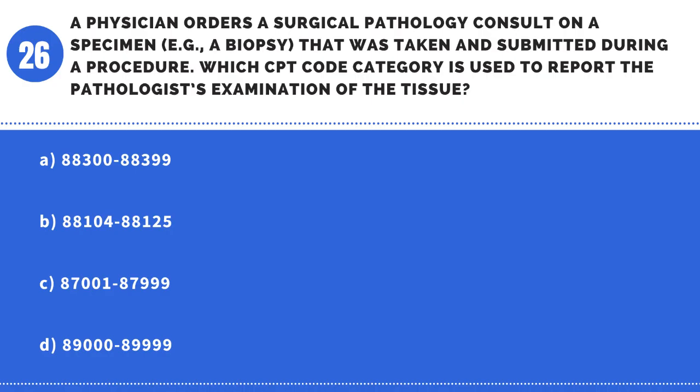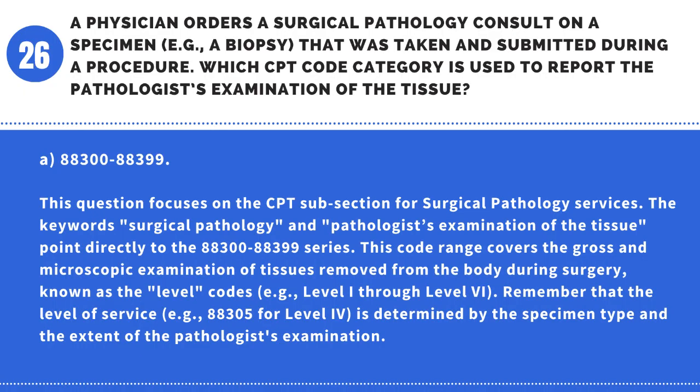Question 26. A physician orders a surgical pathology consult on a specimen, e.g., a biopsy that was taken and submitted during a procedure. Which CPT code category is used to report the pathologist's examination of the tissue? A. 88300 to 88399. B. 88104 to 88125. C. 87001 to 87999. D. 89000 to 89999. Answer: A. 88300 to